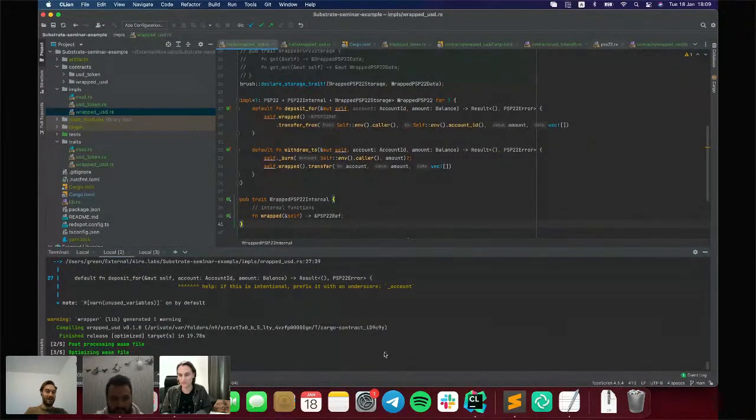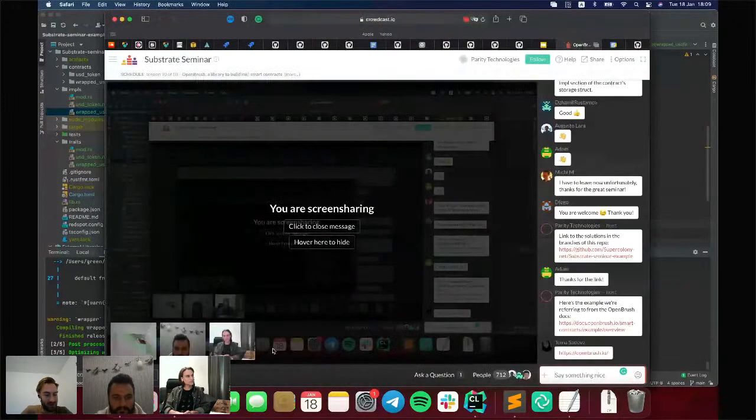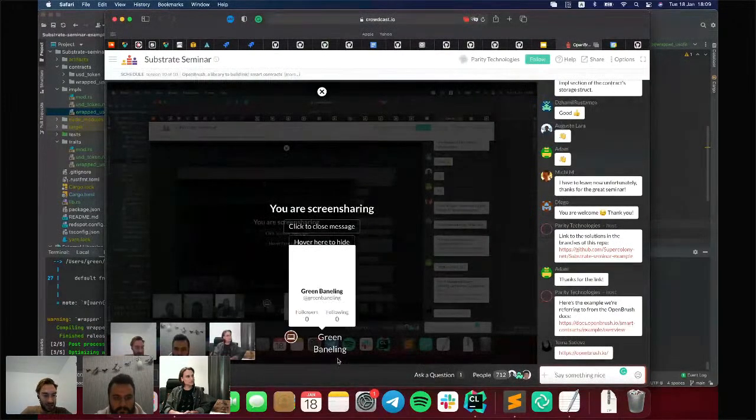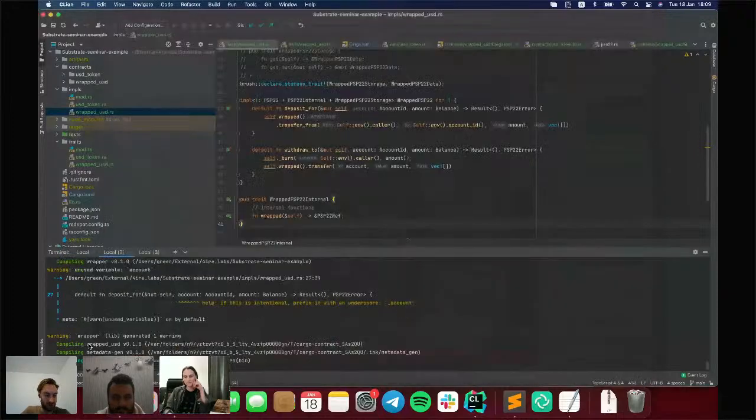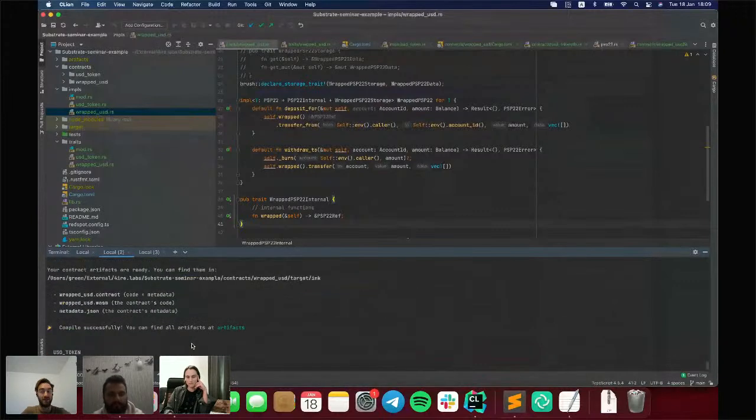Okay, yeah, we already have done PSP22, which is a token standard. In the next months, we are preparing an NFT standard and a multi-token standard. And of course, OpenBrush will always implement the reference of what is described in the standards.